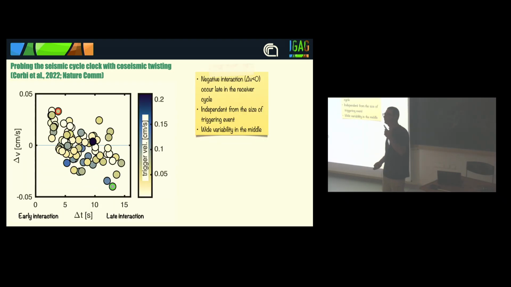As I told you before, we can keep track of the timing of interaction, and associated with such a velocity variation, we found this type of relationship. So basically, we have a negative